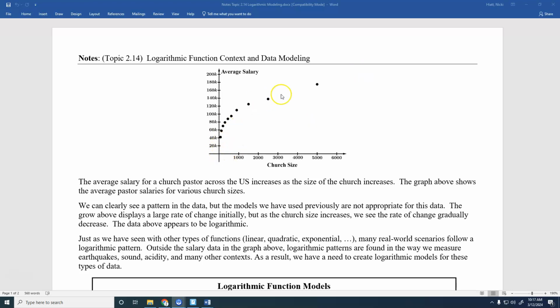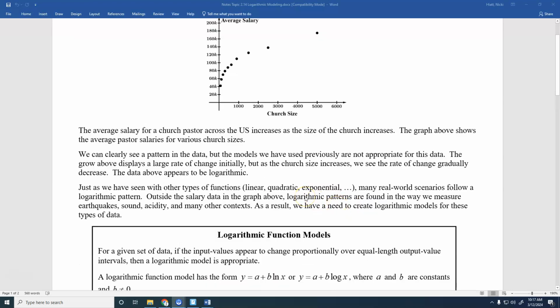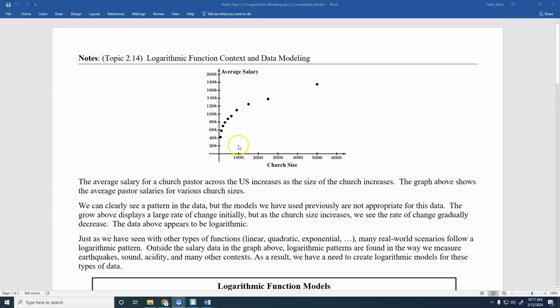But this does look a lot like a log graph that we have seen here. So today we're going to introduce that log regression. And it can be used for a lot of real-world scenarios. And you can kind of see how this would probably make sense, that this would actually happen in this case,